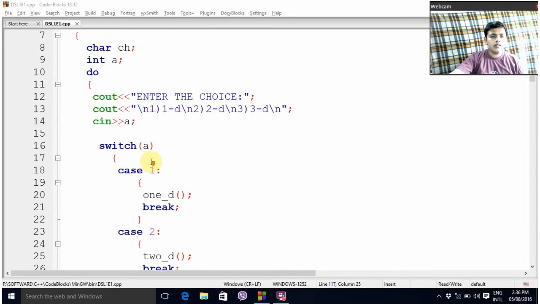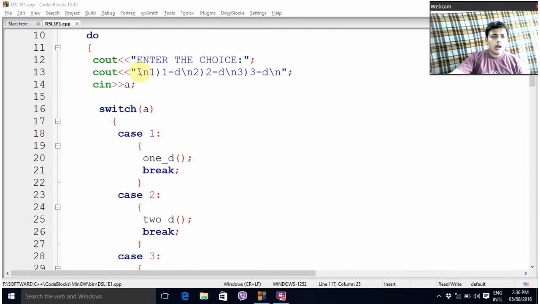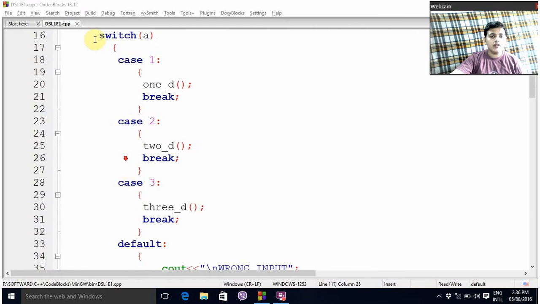Inside the main function I have used a switch case. First I am asking the user to enter his choice, whether he wants to calculate the address in 1-dimensional, 2-dimensional or 3-dimensional, and according to the input I shift within these cases.